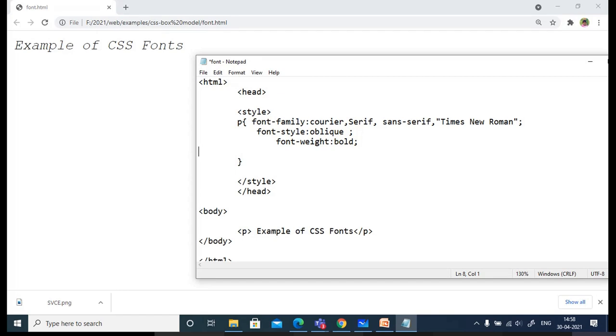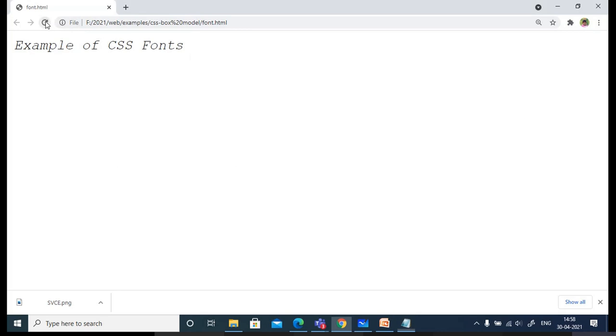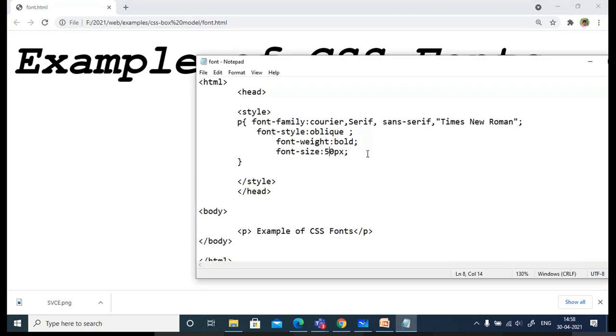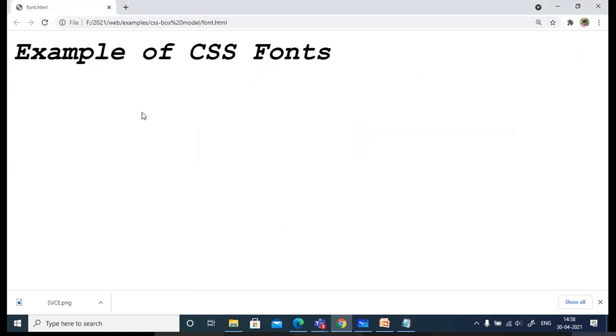Font size. So font size is represented using the CSS font-size property. Are you people following? Okay, did you observe the size of the font is increased? You can reduce it to however much you want and display it. See, these are all very basic concepts you need to learn when you want to design a web page.